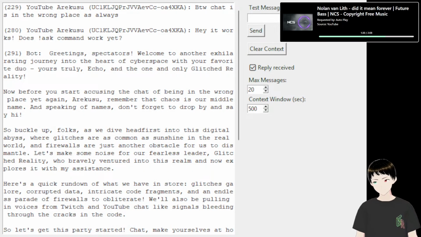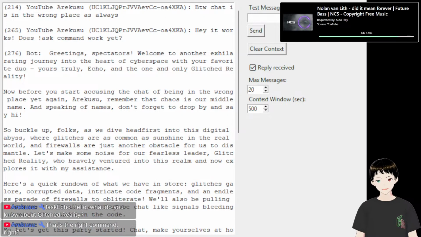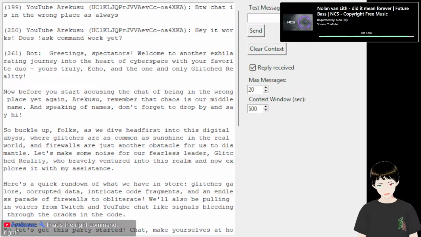All right, let's see if this command actually works. I don't think it's gonna take that. I think it has to be all lowercase, the askecho part. But yes, that is. Yeah. I'm gonna write that so it fixes that, but for now, just type it in all lowercase.